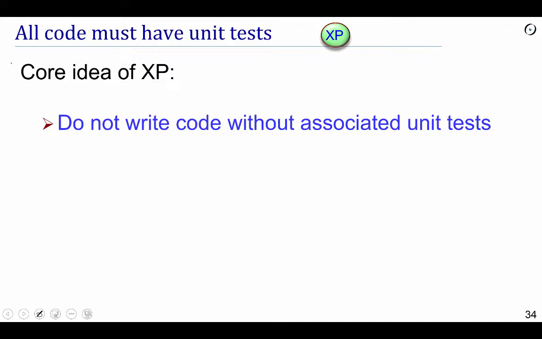Now we come to testing, and first we come to one of the principal contributions of extreme programming to software engineering, the idea that we should never write code without associated unit tests. Whenever you write a piece of code, you should also have a test or a group of tests that exercises it. Now the question arises immediately of the order in which we are going to write the code and the test. Let's defer that question to the following slides, but regardless of the answer, one of the main